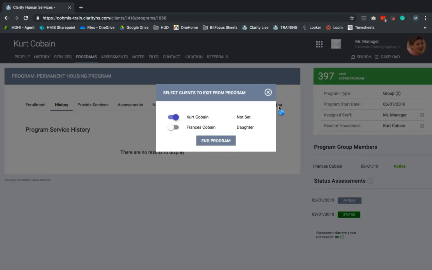When you click on that exit button, you have the option to exit one member of the household if only one person is leaving, or if you're creating an exit for everyone in the household, you'd select all of their names. So we click End Program for whoever we're creating the program exit for. In my example, I'm going to be exiting both of these clients from my program. So I click End Program, and when I do that,